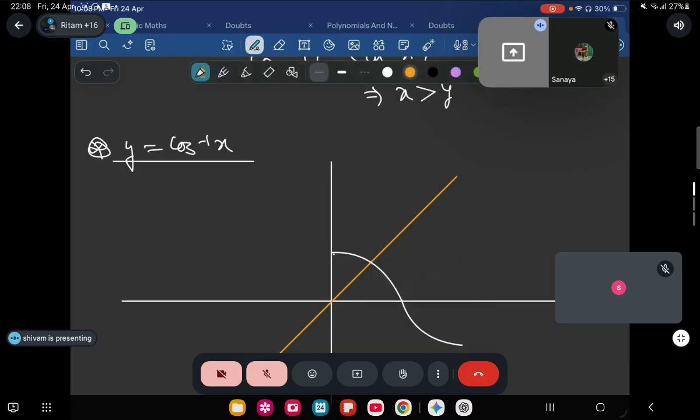Next, let us take the mirror image. The image of this branch, pay attention, will look somewhat like this over here. Like this. And the image of this portion will be somewhat like this. Okay, are you people getting it? Yes or no? Tell me, Rishabh, can you understand? Soham, are you getting it? Yes, sir. Okay.